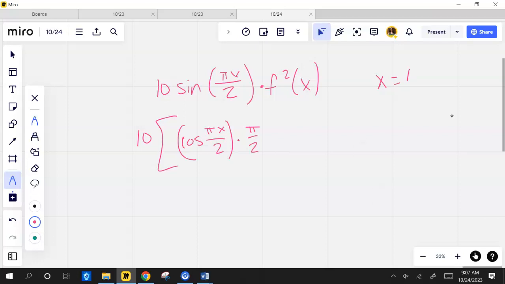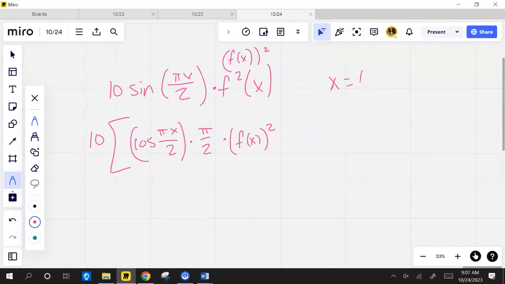Now, f squared of x like this is the same thing as this, times the second. I'm going to write it this way. I think it'll be a little easier for you to see. Plus,